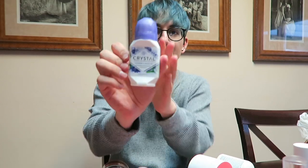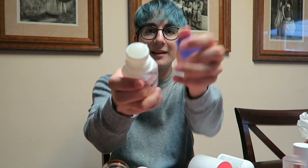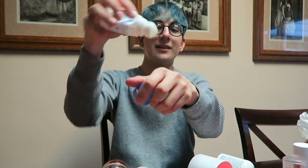So that's it for hair care. The next one I'm going to show you is kind of random, but this is a holy grail, and I showed it to many people around me in my life, close friends, all that kind of stuff. This is the Crystal deodorant, lavender and white tea. It's the mineral deodorant roll-on. It has a little gel kind of head, and it just glides on like that,